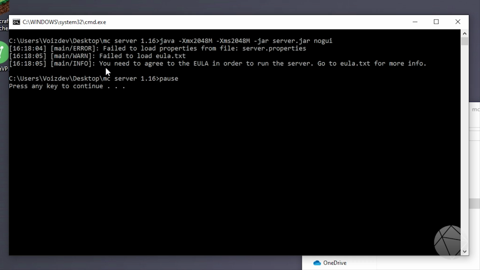And it created the eula.txt, which is EULA, end user license agreement, if you didn't know. What you need to do is agree to the end user license agreement in order to run the server. This is perfectly normal, and this will happen every time you launch a server. You can see our pause command worked great. It stopped everything so we could read it right here. So now all we have to do is click enter to